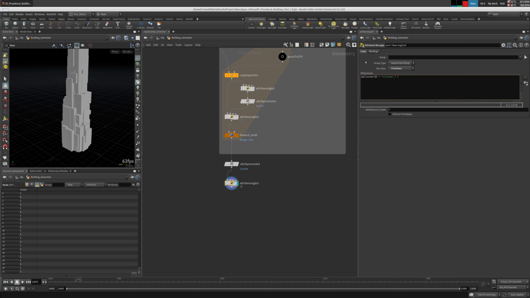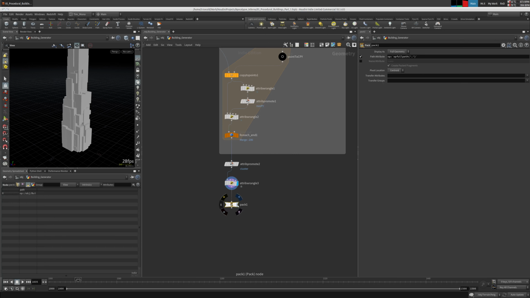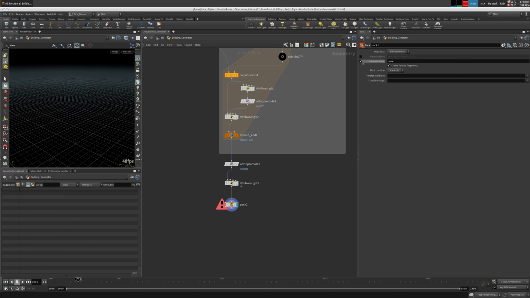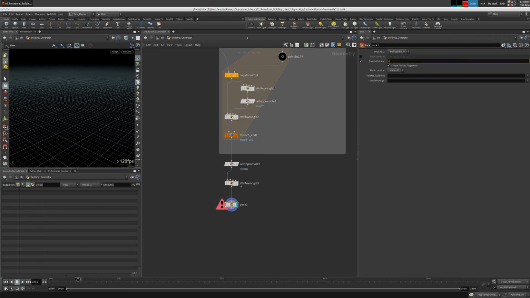I should have probably prepared this a little better because some of these are not relevant now, but they might come in useful. So what I did is that now these are names. I can actually pack them if I want to, but I don't need this for this tutorial, but this is a way to pack objects nevertheless, and it's called cluster ID, so I can say cluster ID,